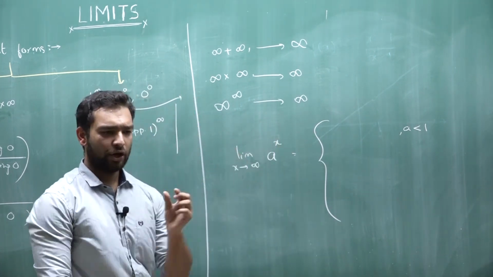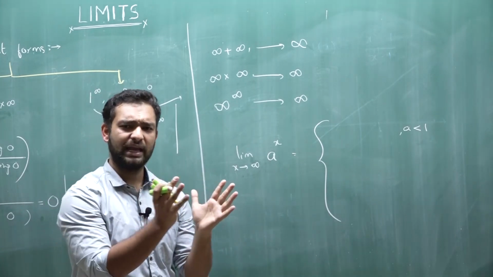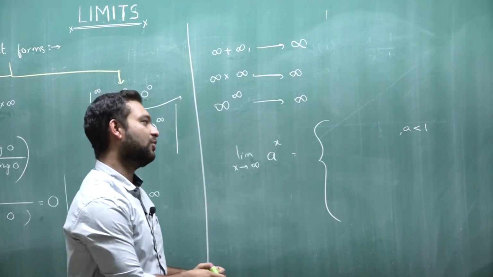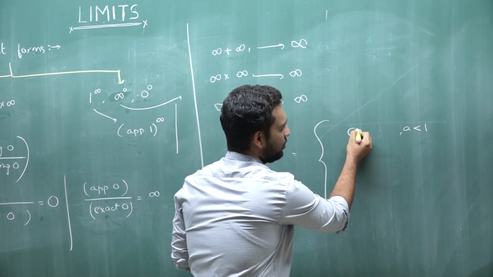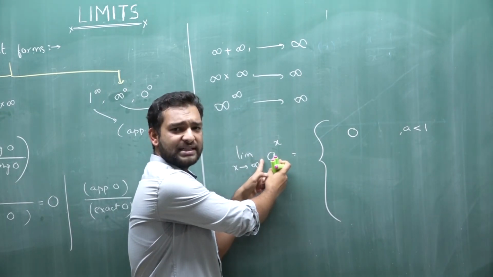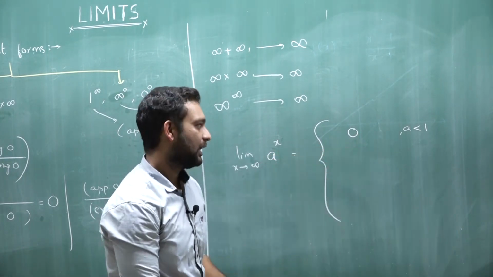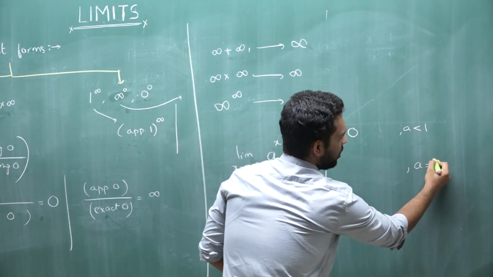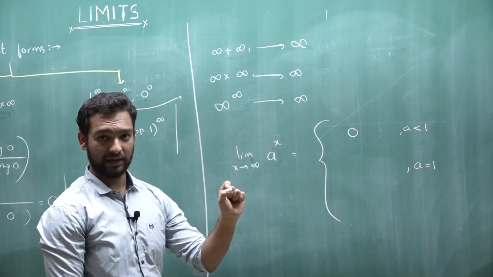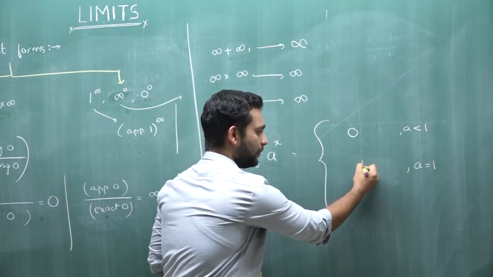So if you have any value less than 1 and you start squaring it or cubing it, the value keeps on decreasing, and if you multiply this value to itself infinite times, it will be tending to 0. So whenever you get an expression like this, some value which is less than 1 raised to infinity, you will always write it equal to 0. Again, if a is exactly equal to 1, not approaching, exactly 1, in that case 1 raised to power anything will always give you 1.